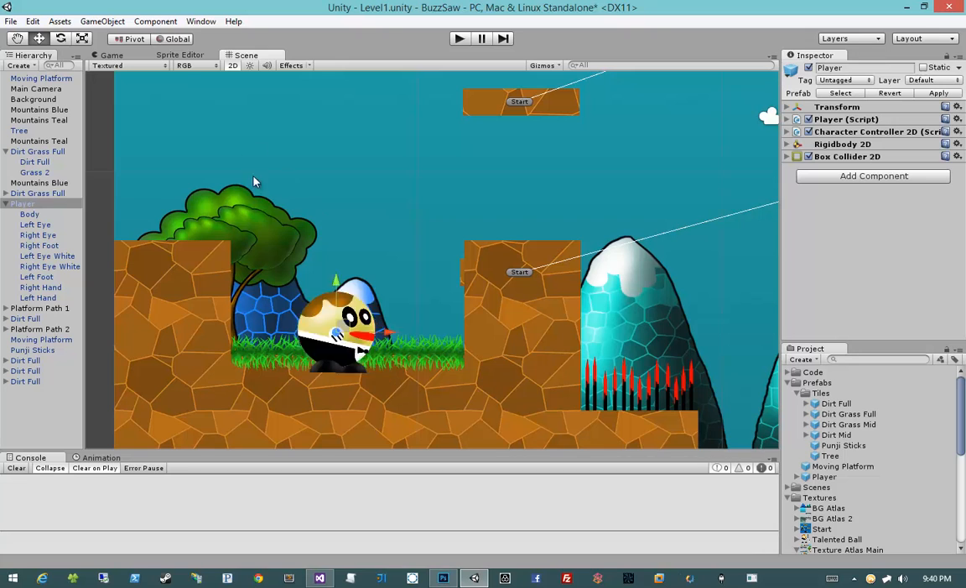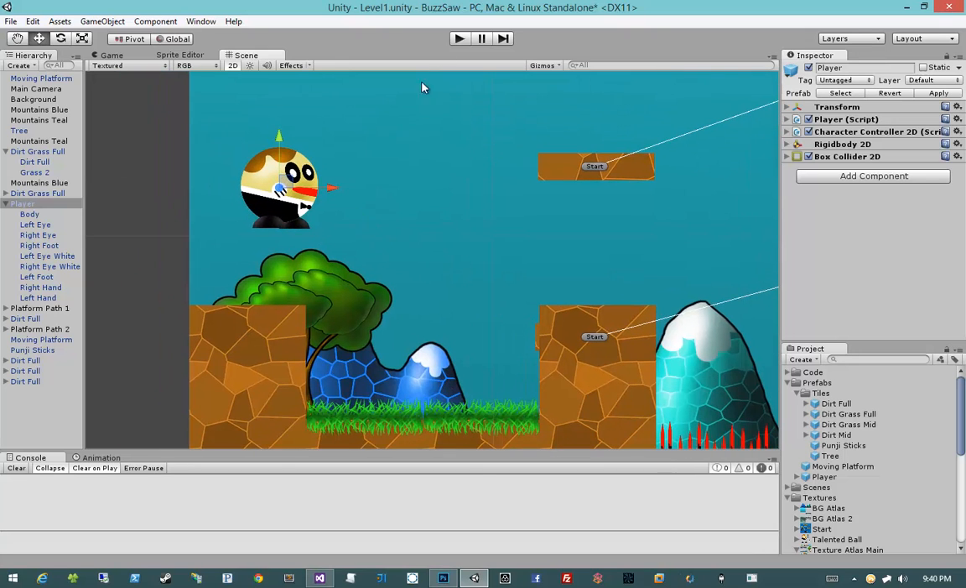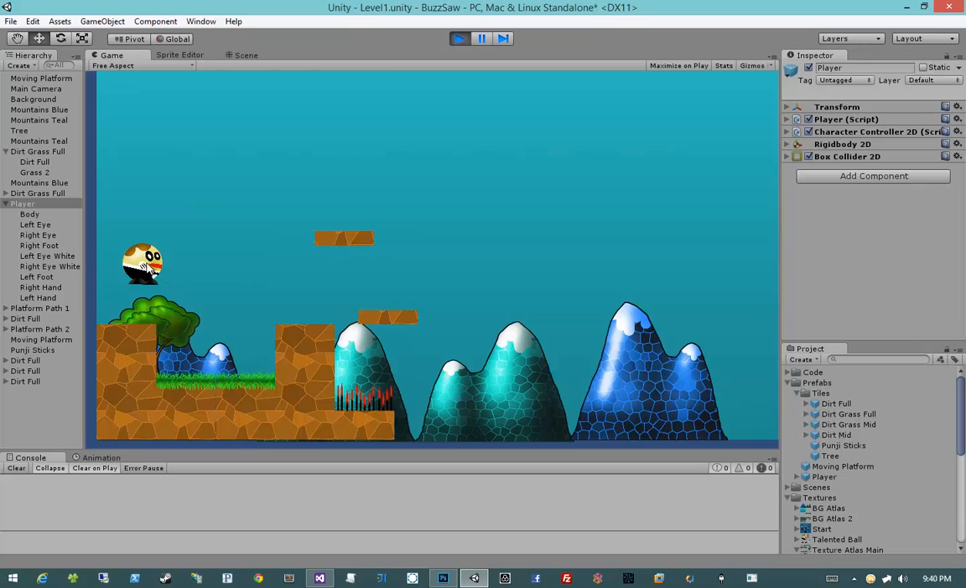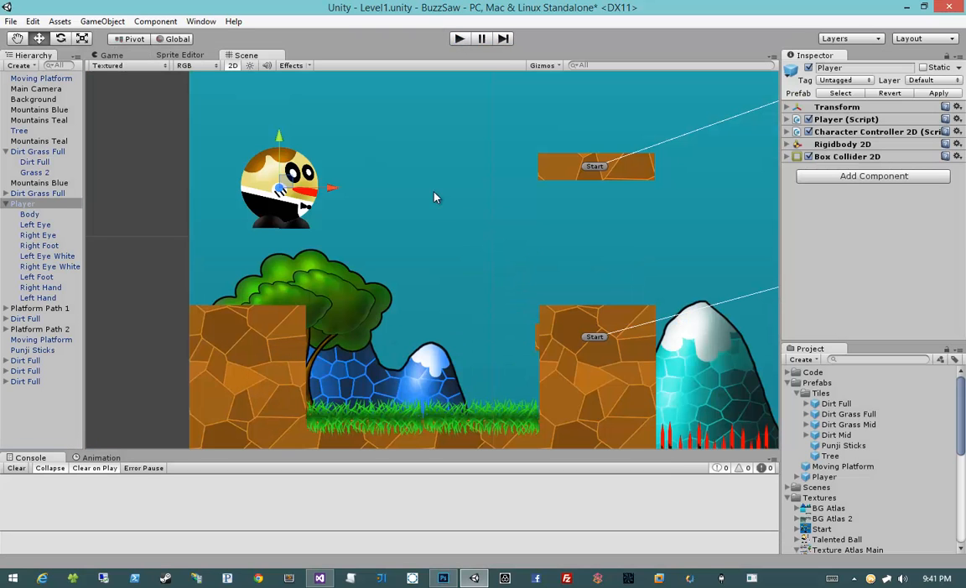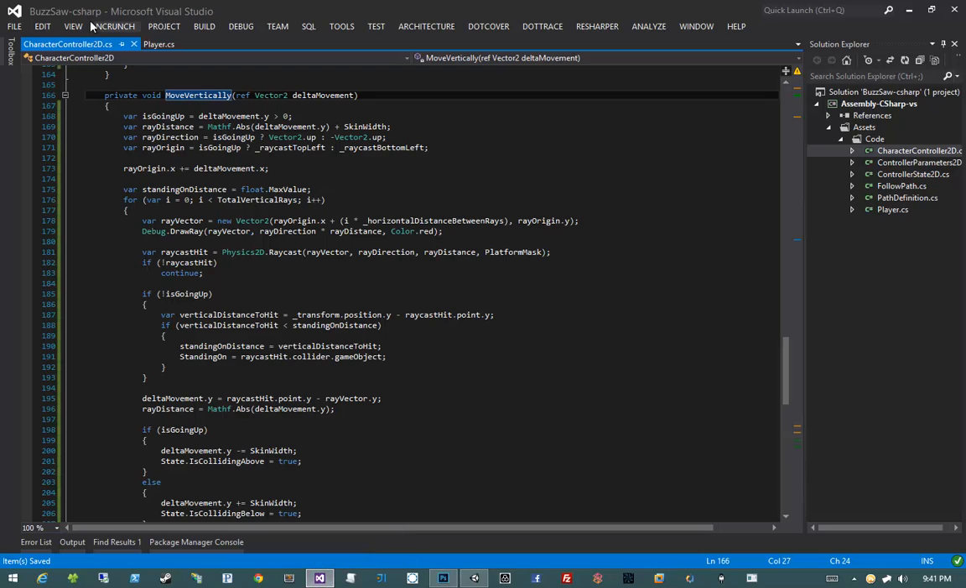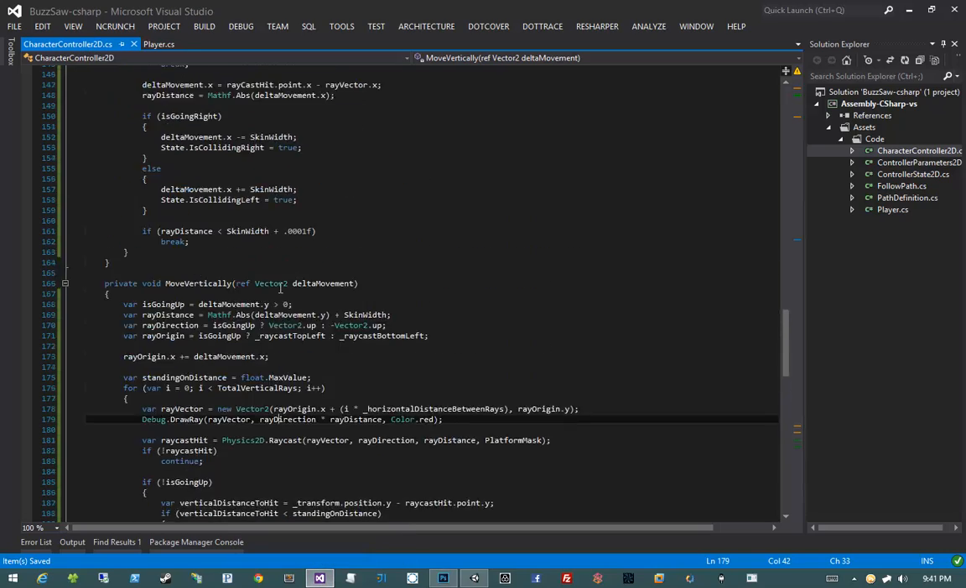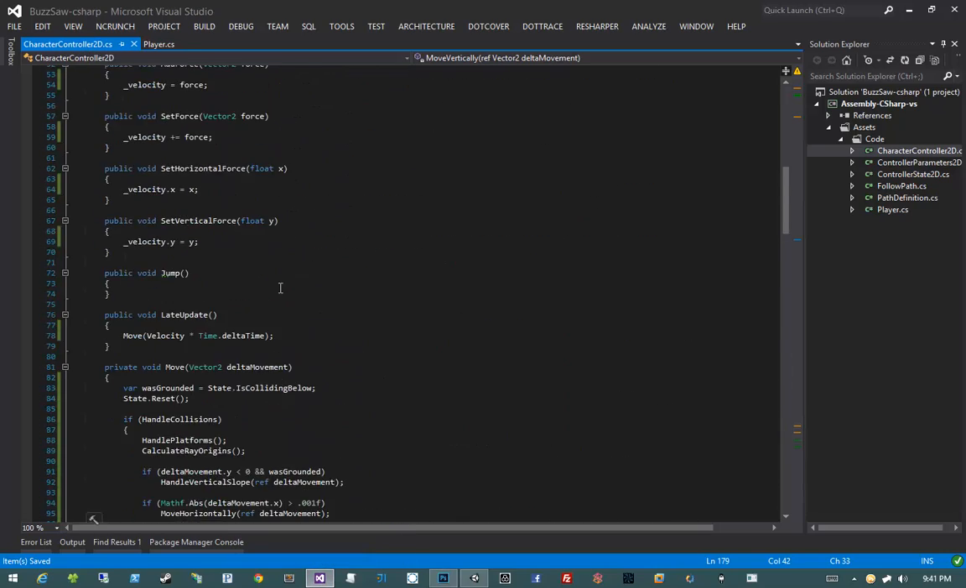Let's have this character start all the way up here, and then hit play and see what happens. Well, it's not very interesting. He can move right, he can move left, but as you see, he doesn't fall down. That's because we haven't implemented any gravity yet. So let's go ahead and do that. Gravity is actually incredibly easy to do. All we have to do is go back into our character controller 2D,